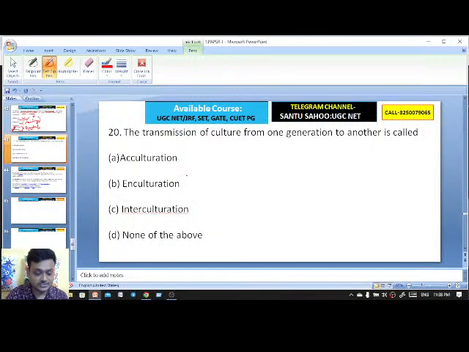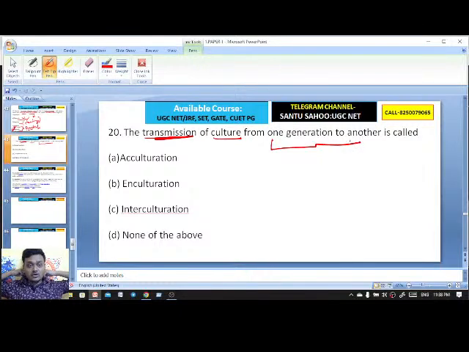Here is the last question. The transmission of culture, कल्चर का क्या हो रहा है, ट्रांसमिशन हो रहा है, कहां से कहां, from one generation to another, and इसको हम क्या बोलेंगे, the transmission of culture from one generation to another is called acculturation, enculturation, interculturation.